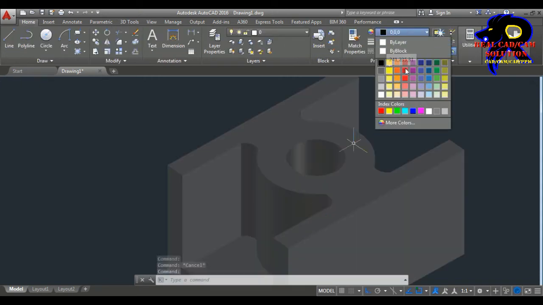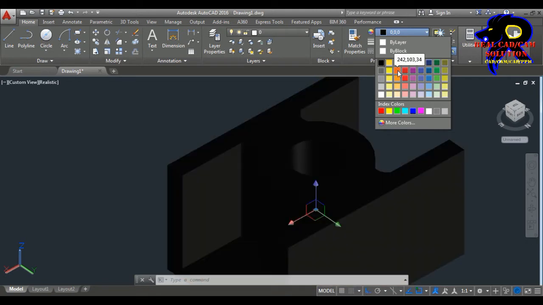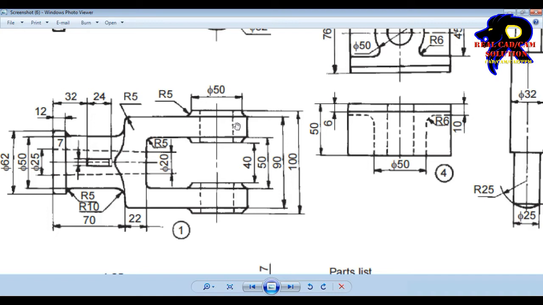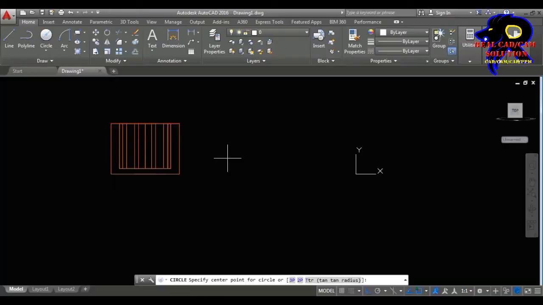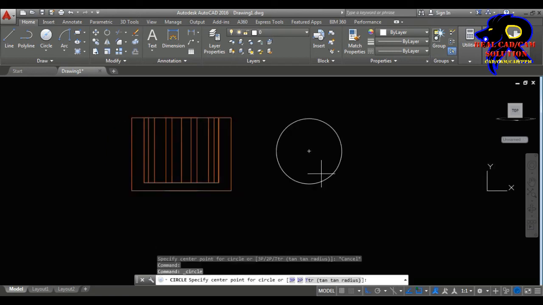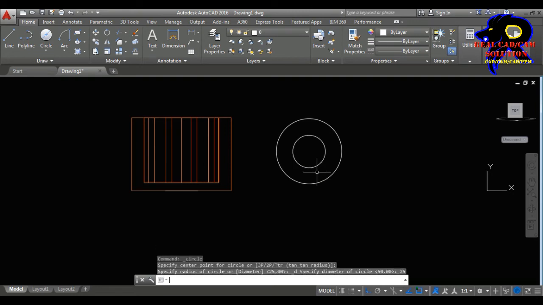Okay, I just go to change the color. The color is orange. I choose it instead of red. Orange is very convenient to look like a rendering, that's why I choose this. Okay, really nice. And then go to this part. I would like to draw like this. First of all, I choose the circle for the interior section, some diameter 50 dia, and then this is the interior circle.